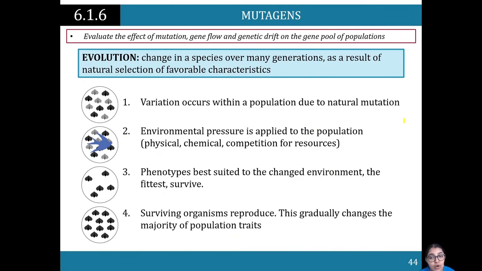Evolution, overall, remember, is the change in a species over many generations. It results as a result of natural selection of favorable characteristics. And remember, when we link this back to evolution, it's because we're talking about mutations, how it leads to genetic diversity, and how it can then lead to these specific processes. Remember, variation occurs within a population due to natural selection. Environmental pressure is applied to a population, and phenotypes best suited to the changed environment will survive, and